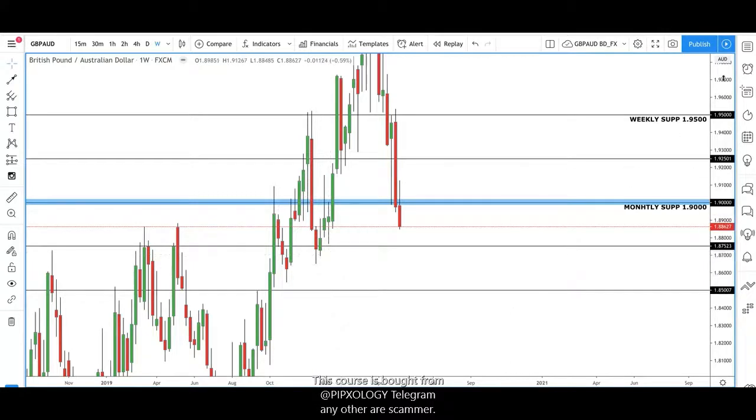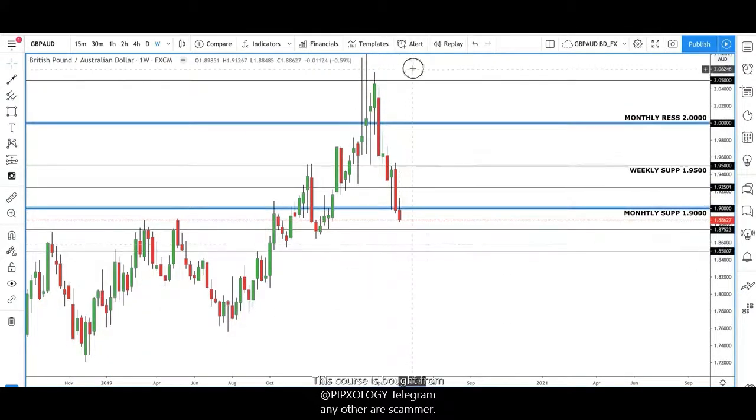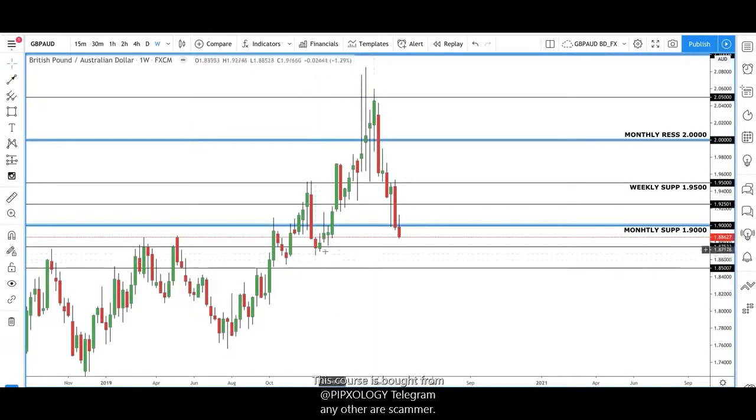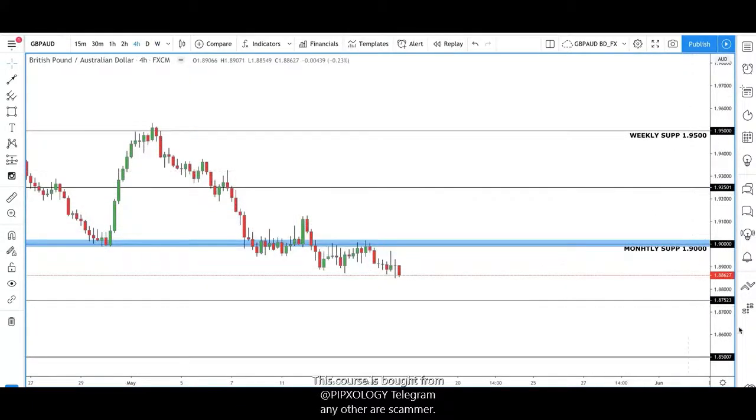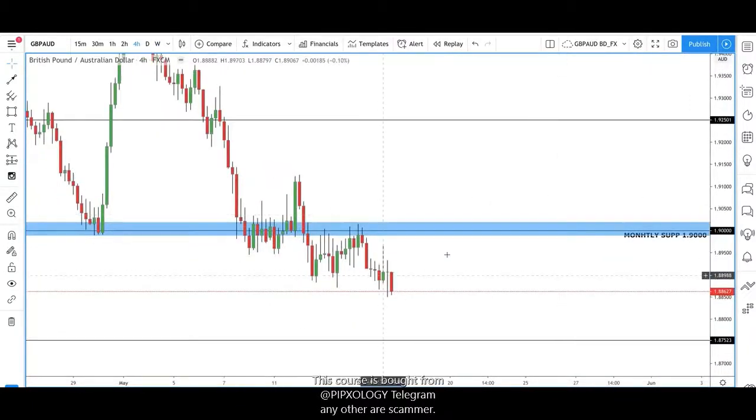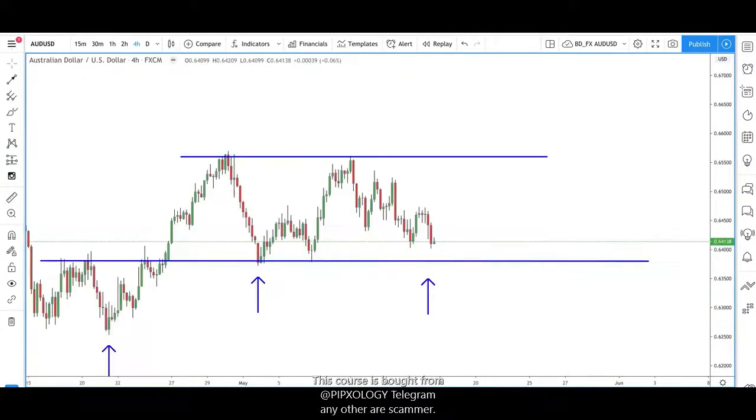It's the last higher low. Not saying that we're going to go on and make new higher highs, but this sort of neckline will be a strong area of support for this price to then push back up. So I'm expecting a bit more downside on GBP AUD. Again, there's a possibility of taking an intraday trade down. We may look at that as well. So I'll get to Aussie dollar. Let me go to Aussie dollar now, actually, so I can explain.